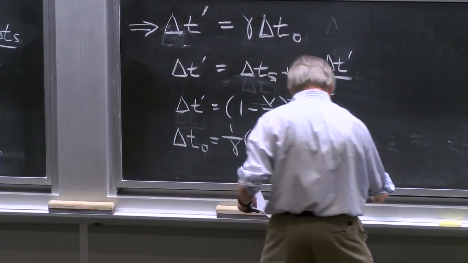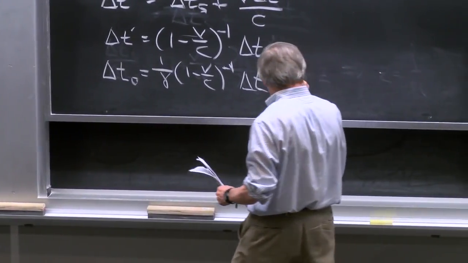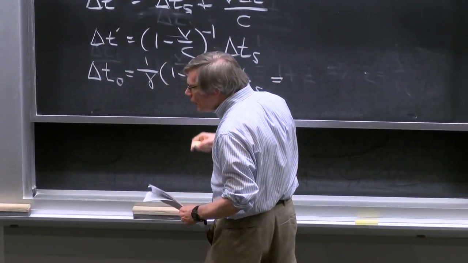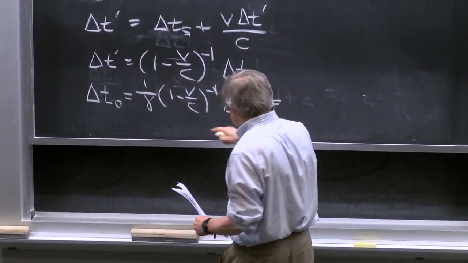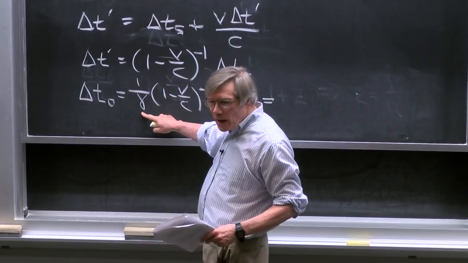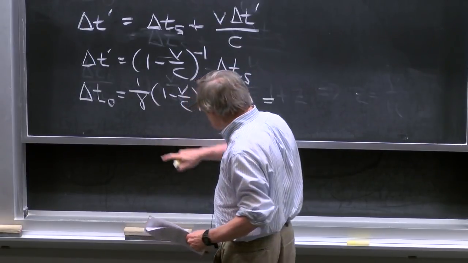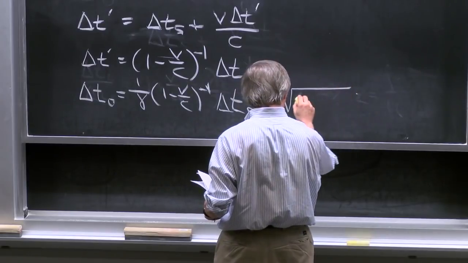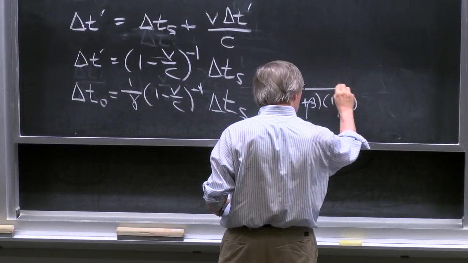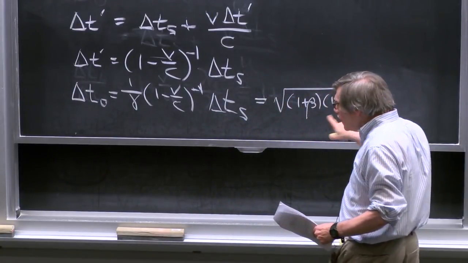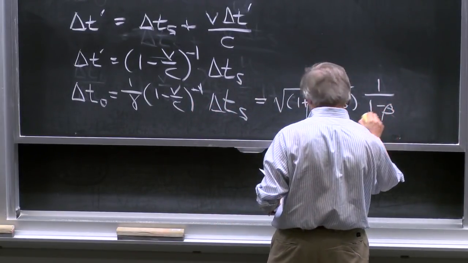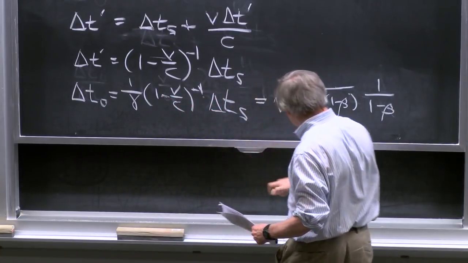And now, since it's important we get the same answer, I'm going to write in some intermediate algebra here just so we can all really see that it works out. The 1 over gamma I am going to write as, remember, gamma is 1 over the square root of 1 minus beta squared. So 1 over gamma is the square root of 1 minus beta squared. And I'm going to write that as the square root of (1 plus beta) times (1 minus beta). So this is the factor 1 over gamma. Now we have it explicitly here a factor of 1 over (1 minus beta). The inverse makes it 1 over.